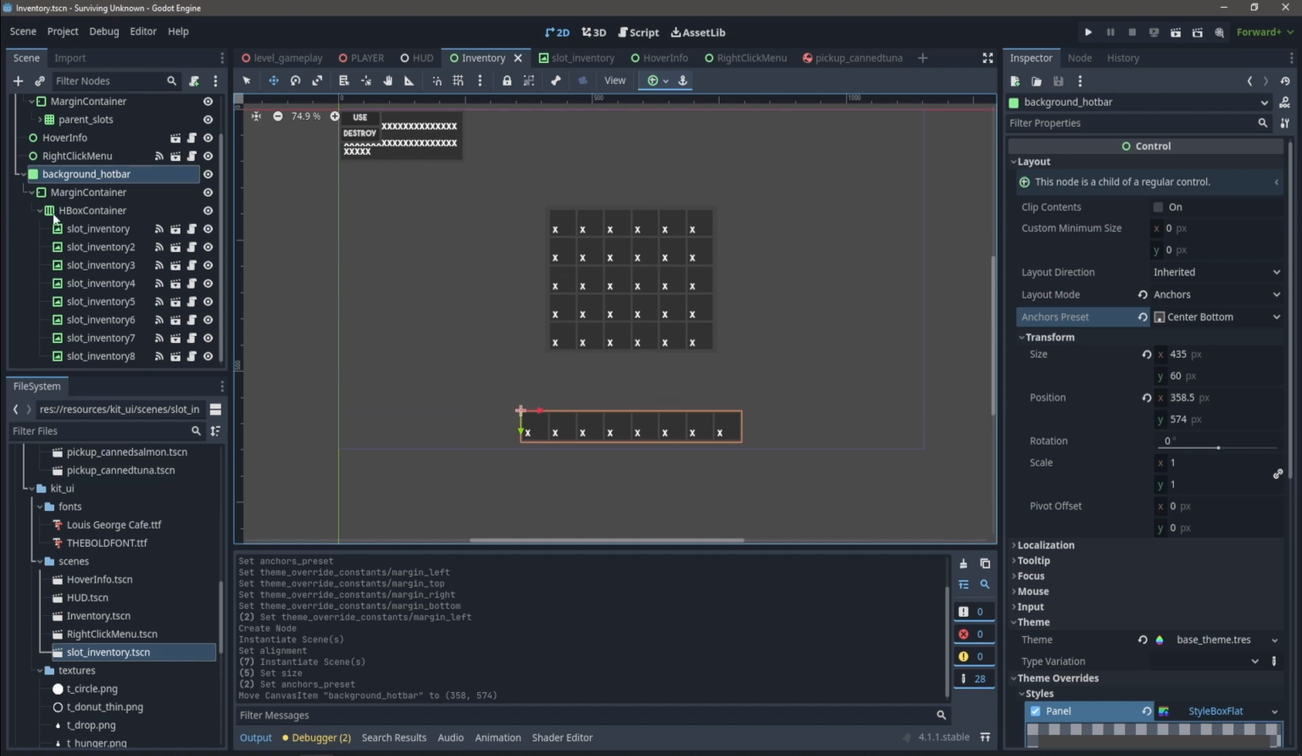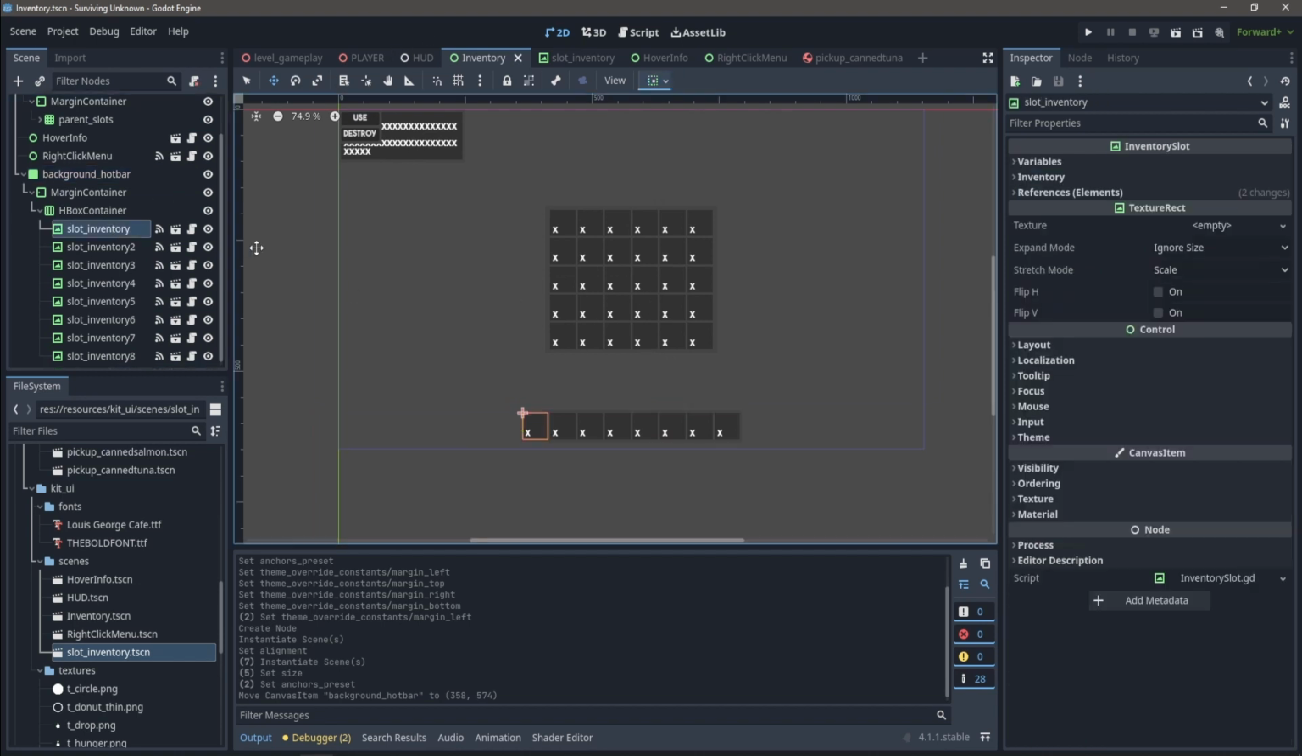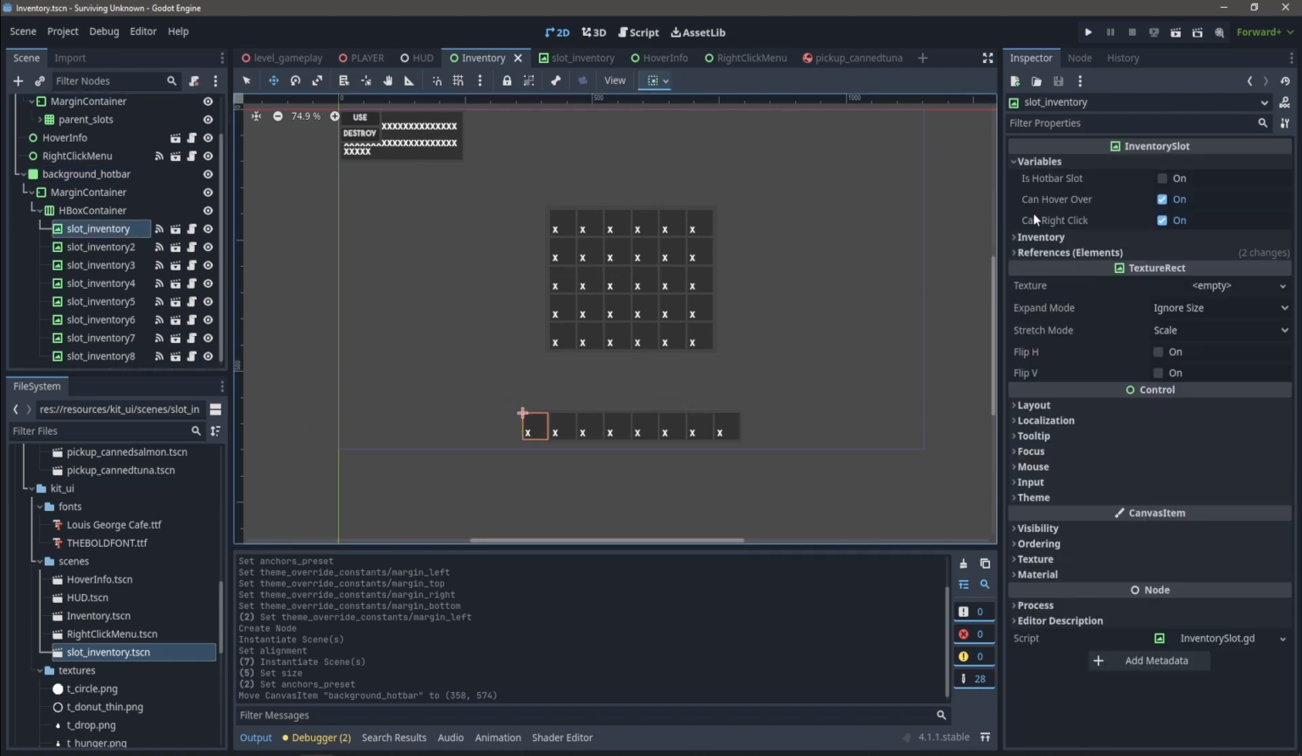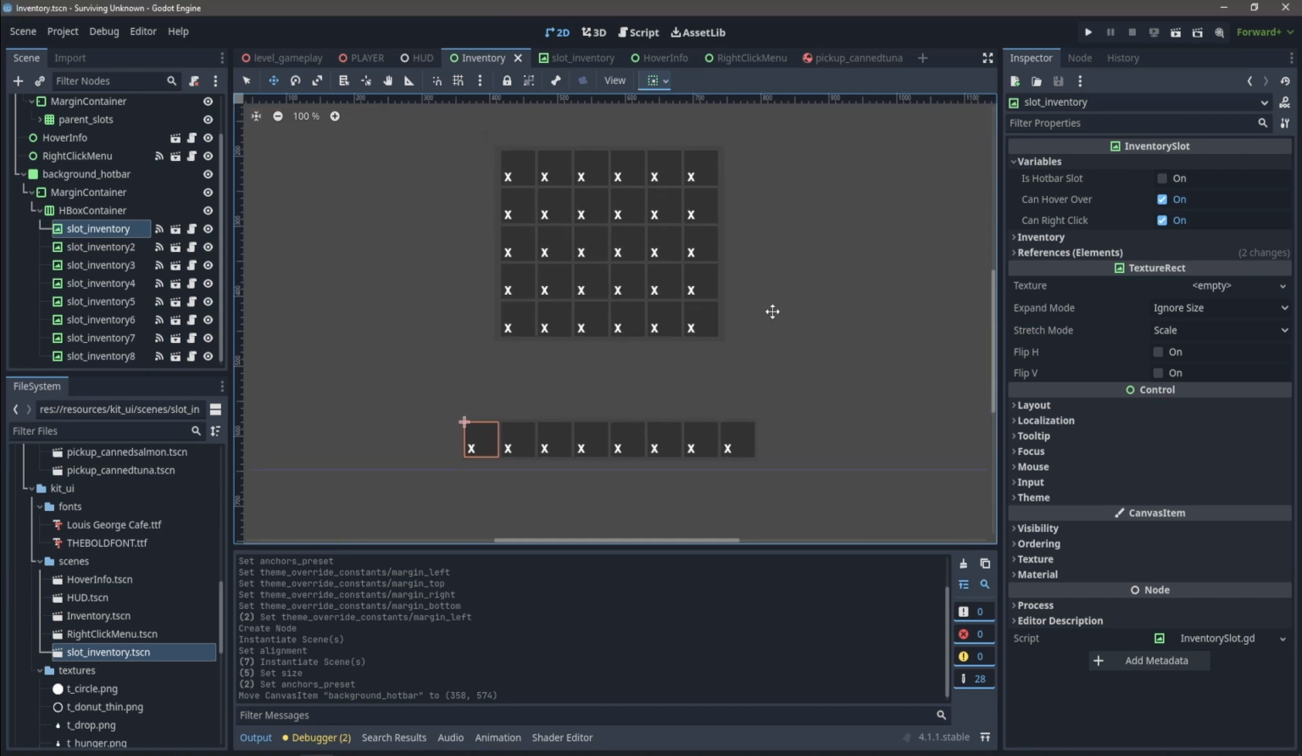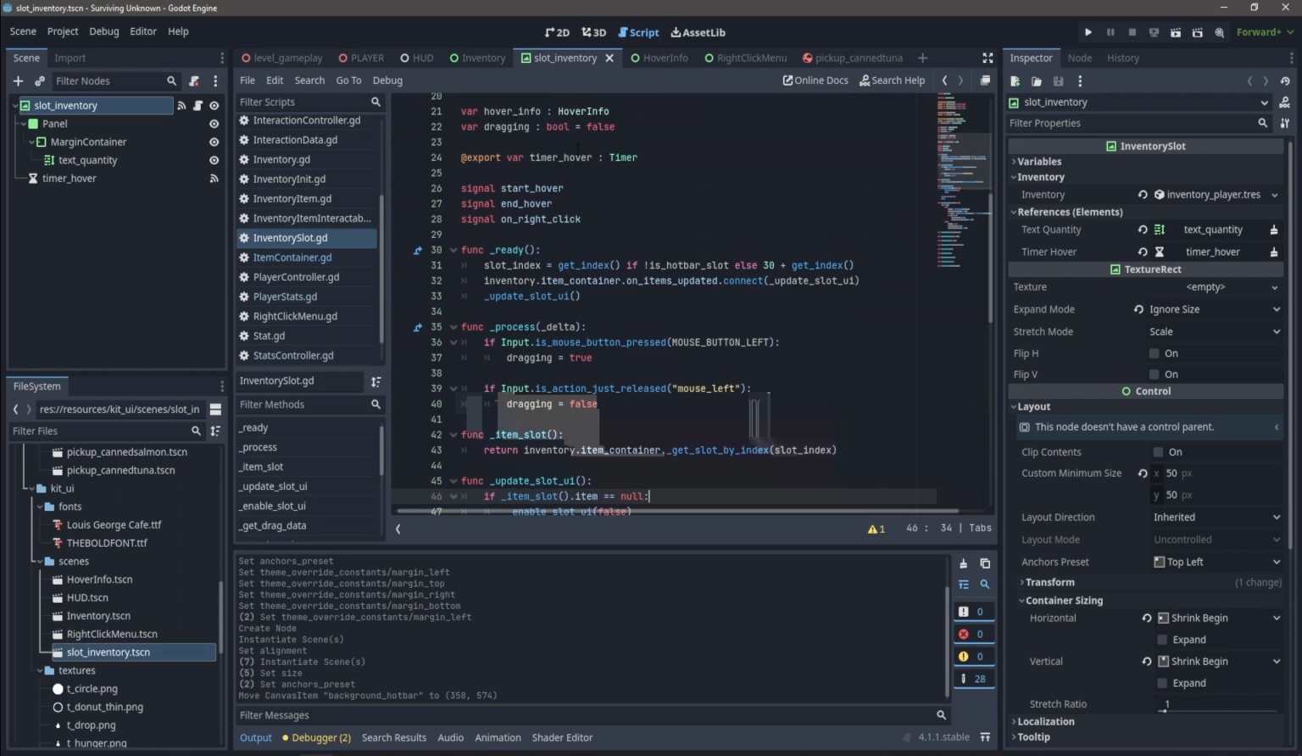Alright, so that was pretty simple. And also what I did yesterday when I was setting this up, I added some variables to the inventory slot, because I'll be using the same inventory slot as the inventory does. And I added a couple of variables saying if it is a hotbar slot. And all that does is,